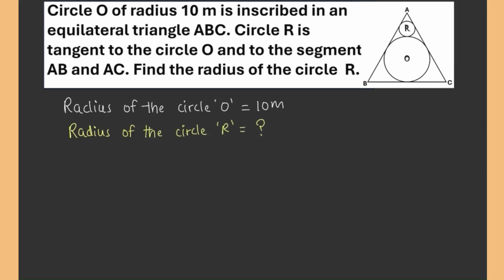All right. Now to solve this problem, we need to build some background first. We need to remind ourselves of a few basic properties of geometry. And they are, for one, the center of a circle that is inscribed inside a triangle is called the incenter. All right. So the first thing is incenter. What is incenter? Incenter is the center